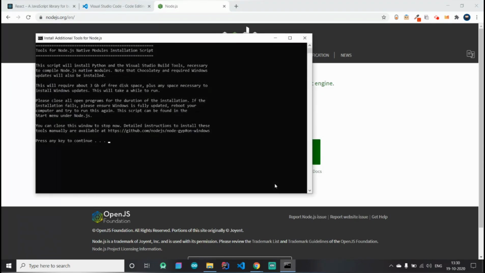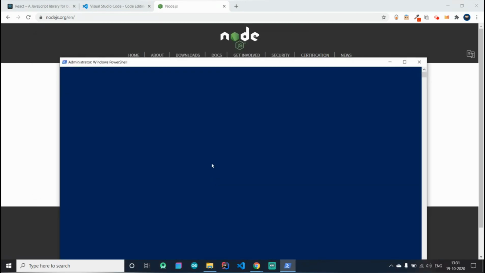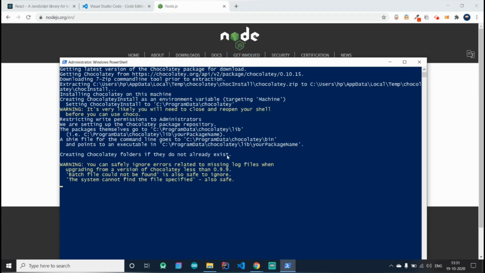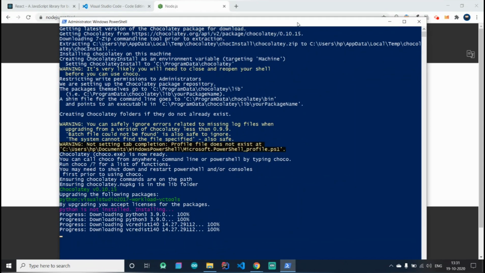After the Node.js setup wizard has finished installing Node.js, it will attempt to install Chocolatey as well. This process too is going to take up a lot of time.